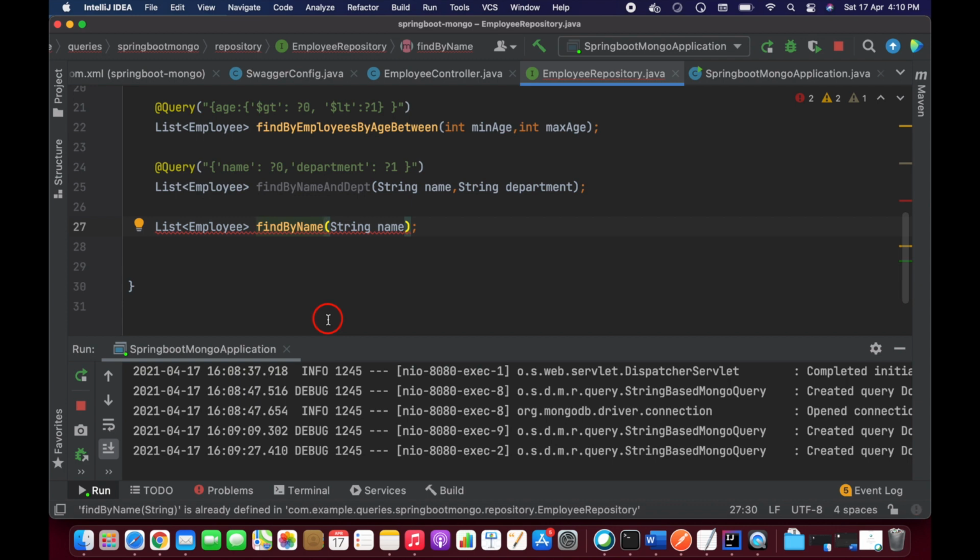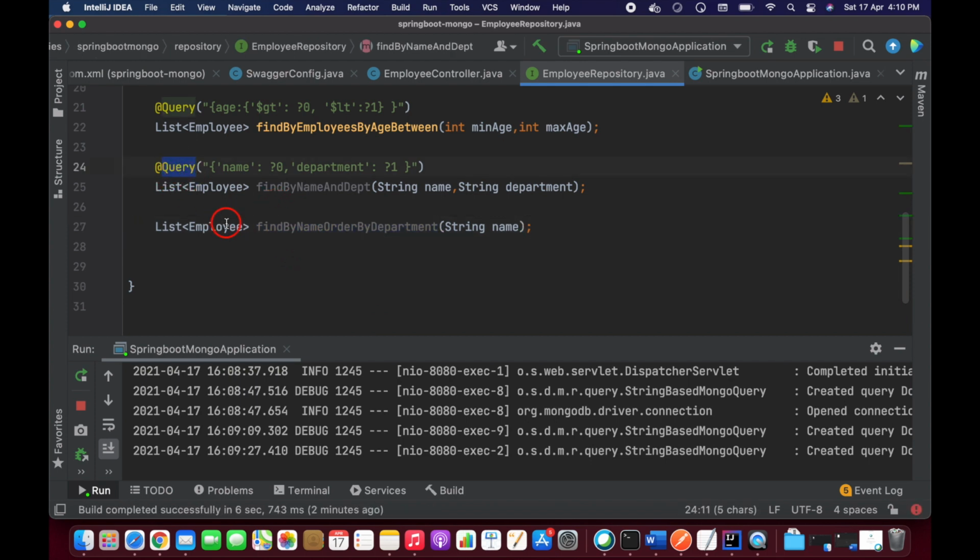So I'm going to write find by name and order by, so last name or department. Okay, order by department, let's add here. That's it. You don't have to add any @Query, or you don't have to write any query. So it's going to work, guys.